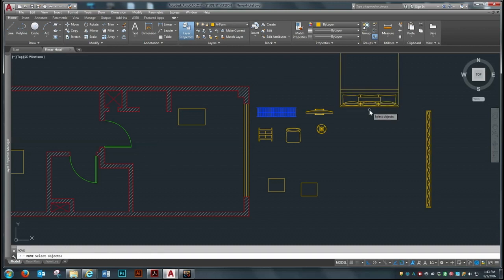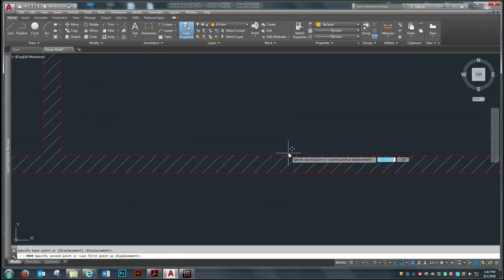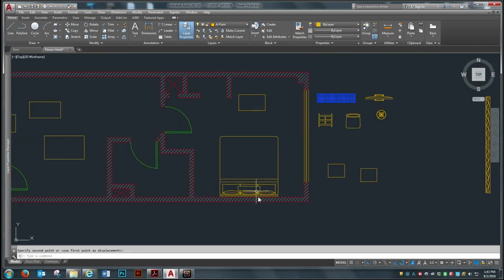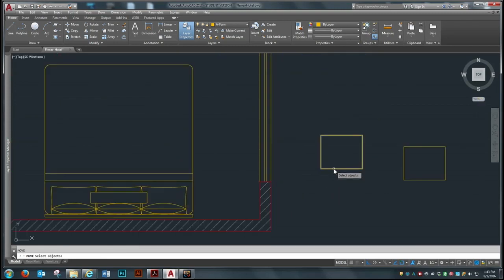And now I can move my bed by the midpoint to the midpoint of this back wall. Then I want to move it slightly off. And now I've placed my bed, so then I can place my